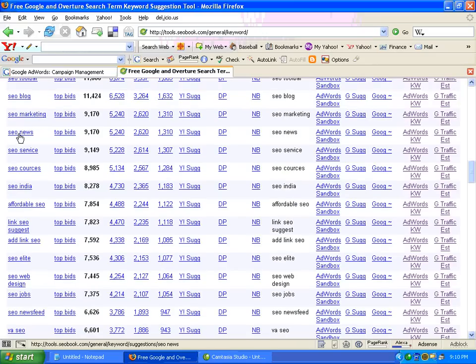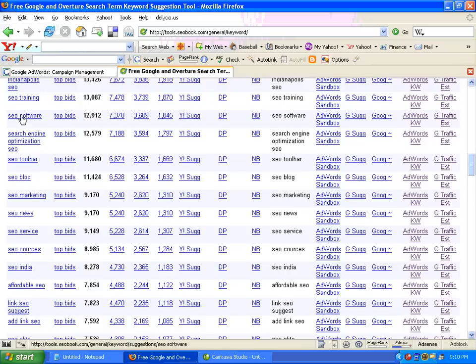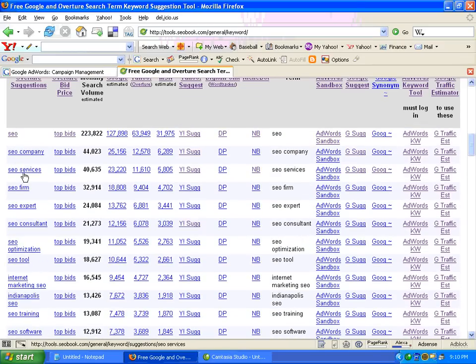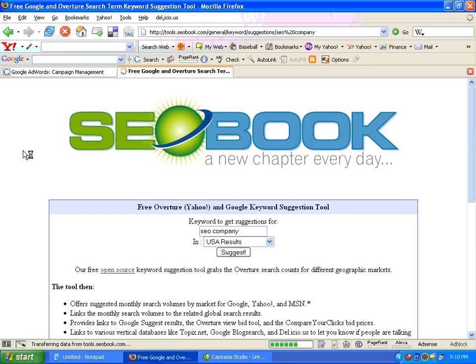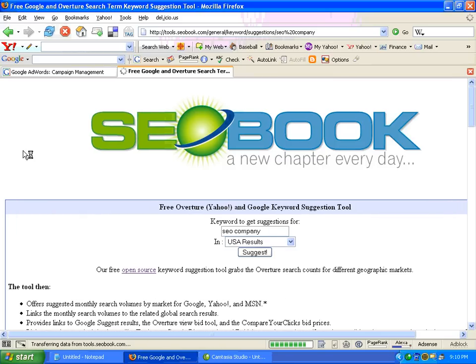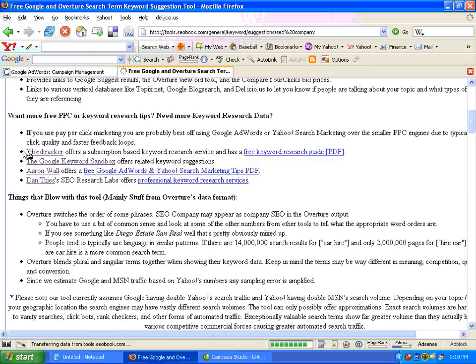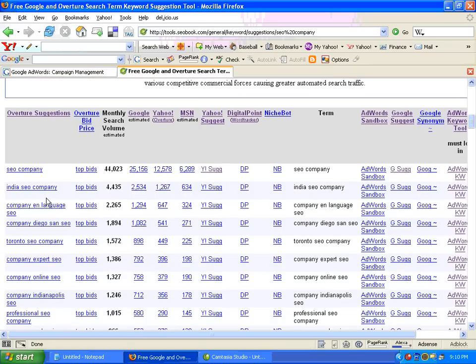But if we click any of these links, it causes the tool to requery and use that as the starting term. So I'll click the SEO company link, and now the tool's running again, but instead of doing it for SEO, now SEO company is the root term. So now it'll give you all the SEO company related top queries. Again, India SEO company,